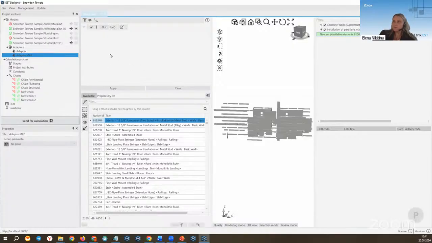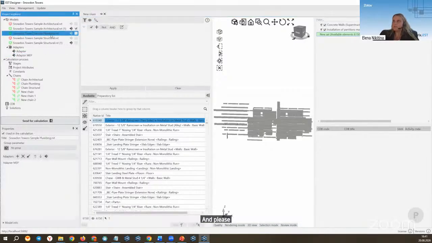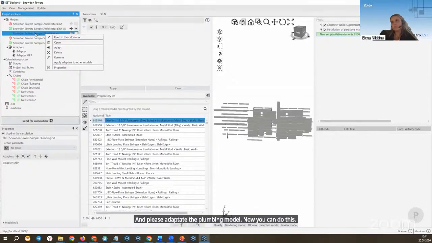So after this, what we need to do, if you closed the chain, please open your new chain, which you created earlier, with which we worked. And please adapt the plumbing model. Now you can do this. Choose a plumbing model and press adapt. The adaptation will be started,